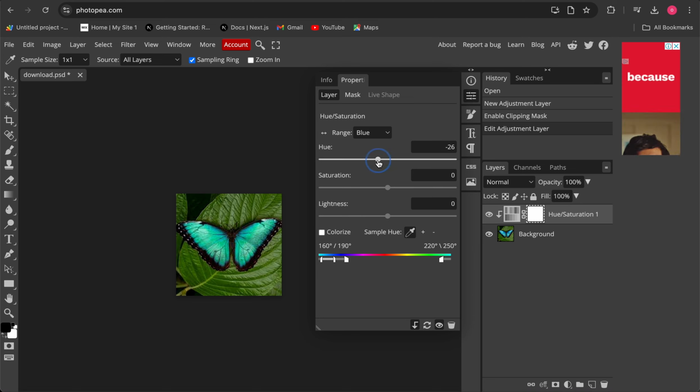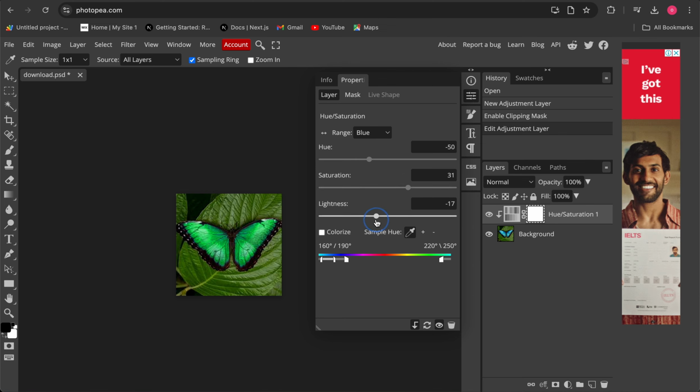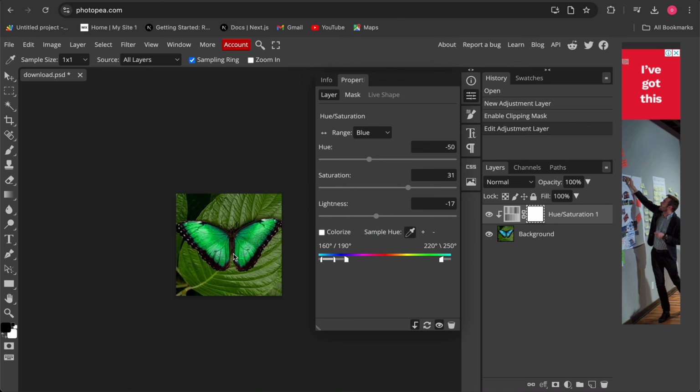So I want it to be green. Let's just slide this till, yep, that sounds about right. And then I'll change the saturation itself, maybe the lightness. And now it's a green